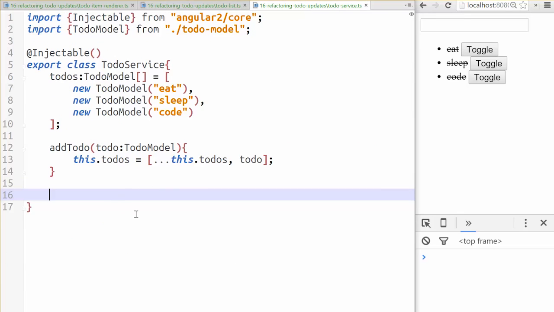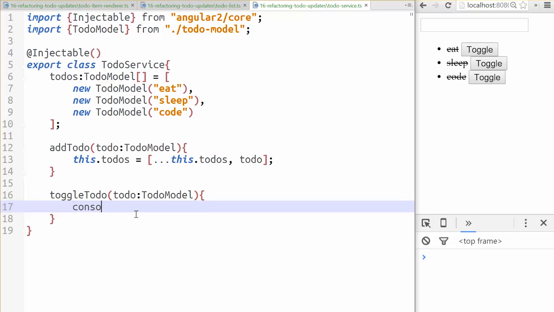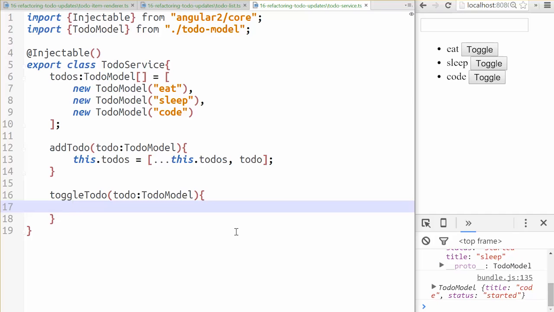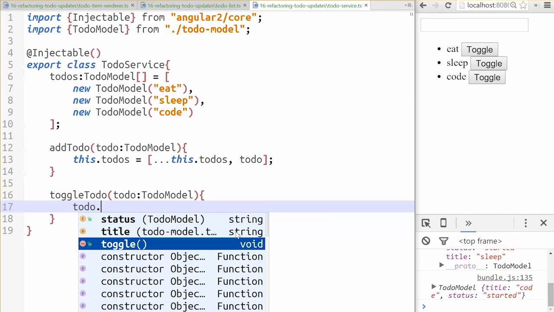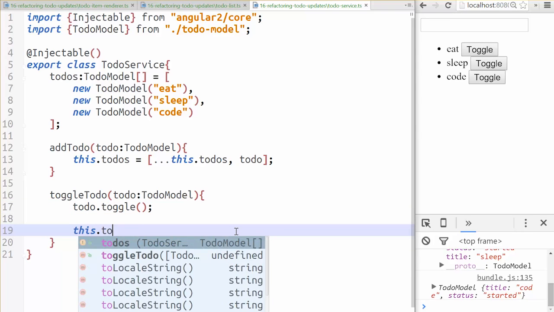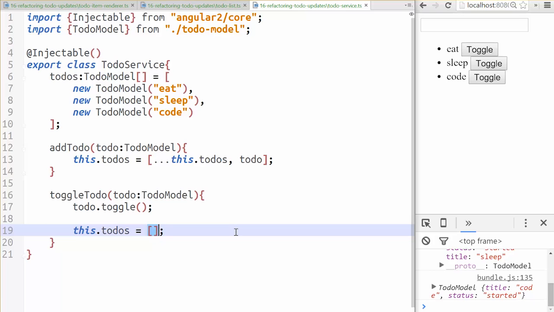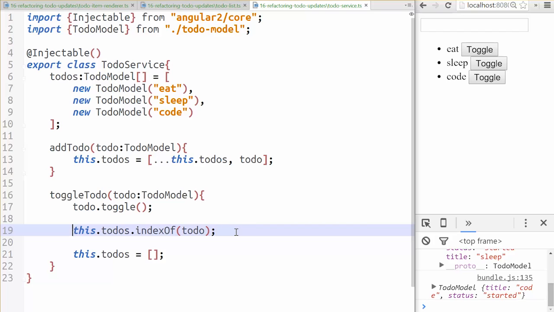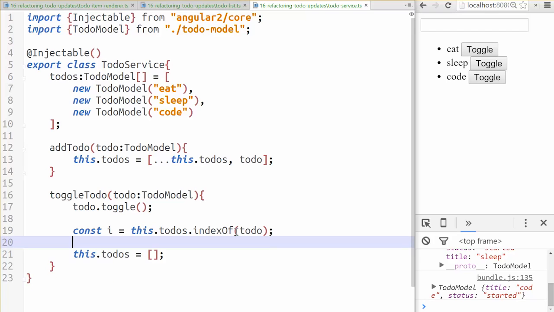And then in the to-do service, we can say toggle to-do, and we can check that this is the right to-do. So anytime I click here, you can see I get to eat, sleep, and code. So instead of just logging this out, I can say to-do.toggle, and I need to update my array to make this all work. And the way that we're going to construct this array is by finding the index of the toggle that got passed in. So this.todos.indexOf(todo), let's call this i,